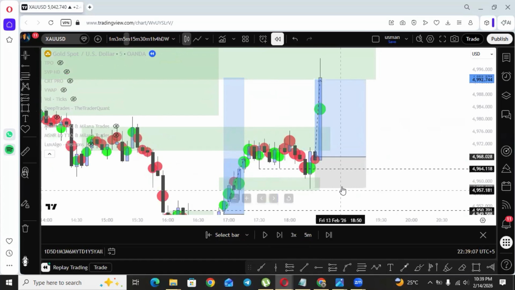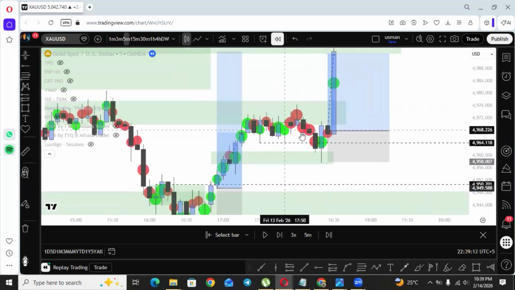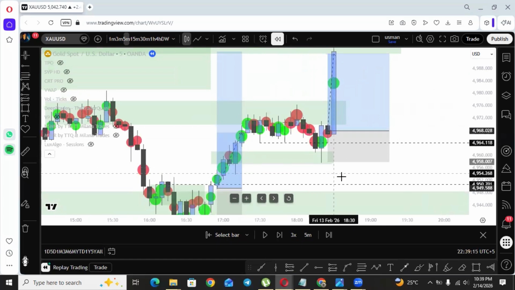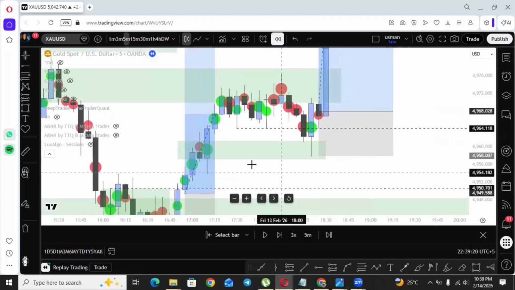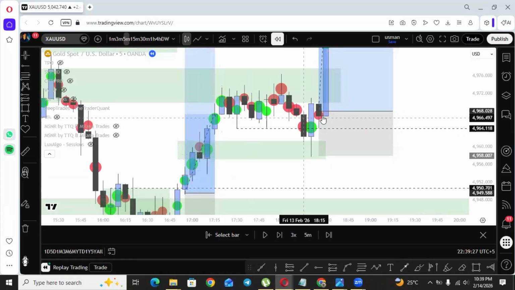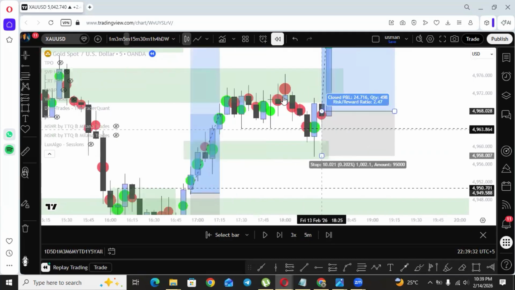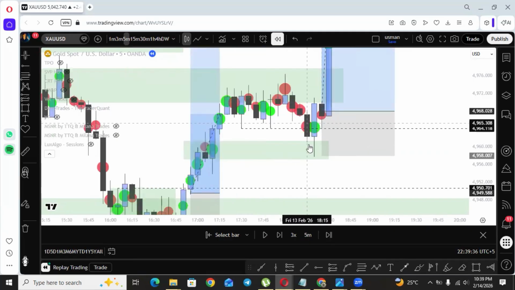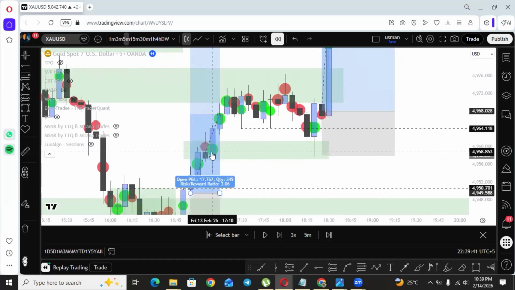Look what happened over here. These kind of moves happen when sellers are completely exhausted and absorbed, and you knew the potential points where you can get the move, the points where sellers are absorbed by the buyers. You have marked that area, okay? And then when market has shown this kind of dirty price action, and you were reading what's happening behind every candle, and when market gave you exactly a good move, exactly from the area where the absorption happened, you knew buyers were strong at this point.